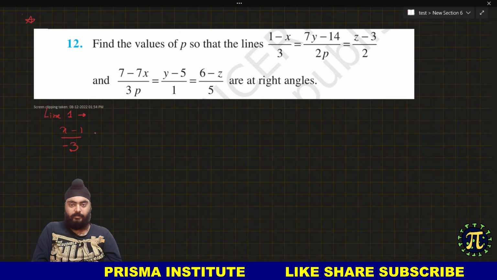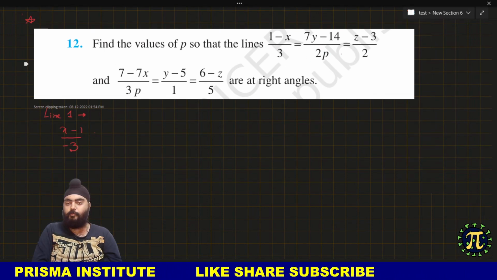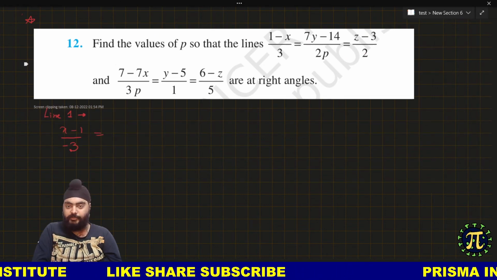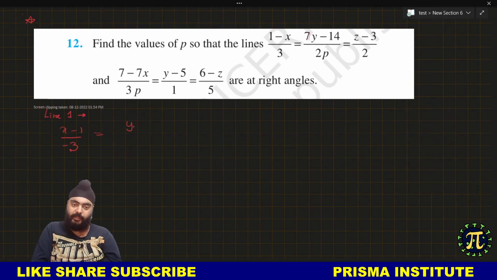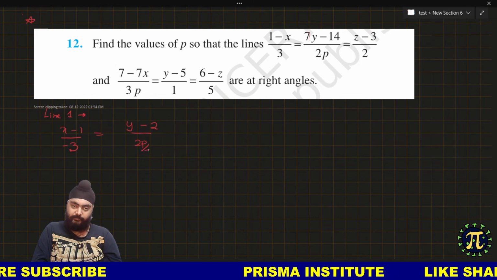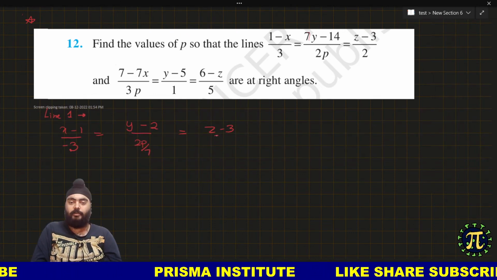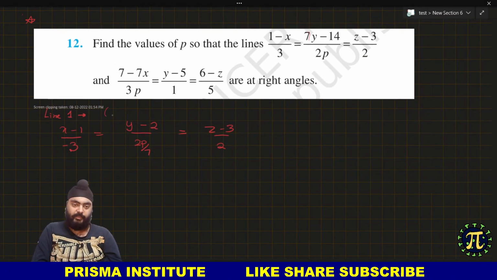Okay, because if I note down अभी इनका डायरेक्शन it is 3 2p and 2 and suddenly it will change. अब सेकंड वाले लाइन में देखो y का कोएफिशिएंट क्या है? 7. So I should divide numerator and denominator with 7, so to get y minus 2 divided by 2p by 7, and this is z minus 3 by 2 already in the form. So now this is the correct form. ठीक है,